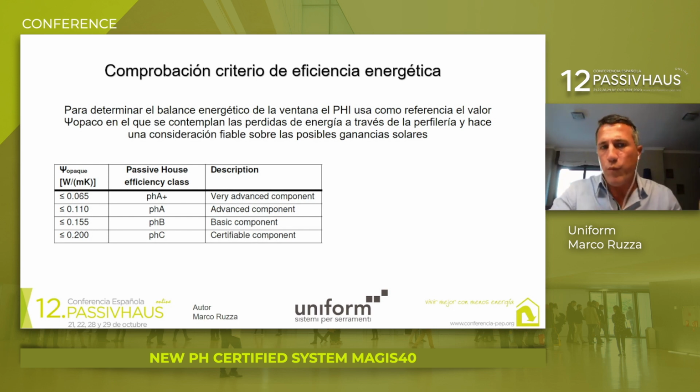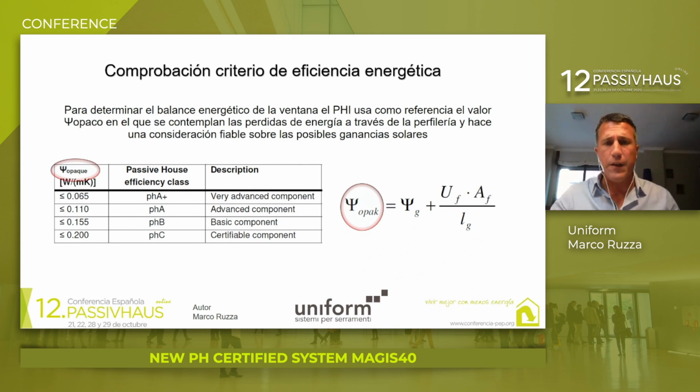the psi opaque value. It's an important value taking into account the thermal performance of profiles and also geometry, because this will also determine potential solar gains which are essential to achieve Passive House certified buildings. So how do we calculate the psi opaque value? Well, first psi G, which is the thermal bridge at the edge of the window pane. Then in the fraction you can see UF, which is the thermal transmittance value of the profile multiplied by AF, corresponding to the profile surface area. The denominator is LG,